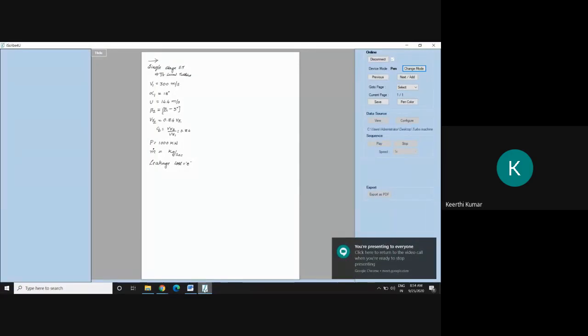Now I'll go for drawing a velocity triangle. Here, what is given? We know V1, alpha 1, and U. So first and foremost, you are supposed to take the scale ratio. Whatever the value of U he has given is supposed to equal a length of 3 centimeters or a maximum of 4 centimeters. Try to fix only 3 and 4 centimeters. U is given as 144. Let me take U as 4 centimeters.